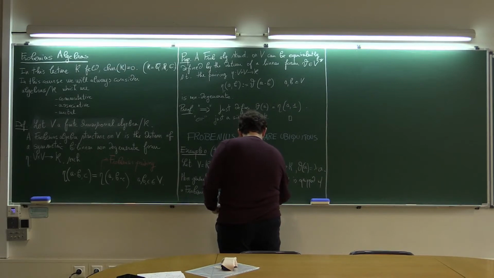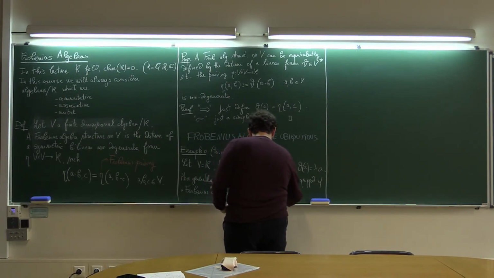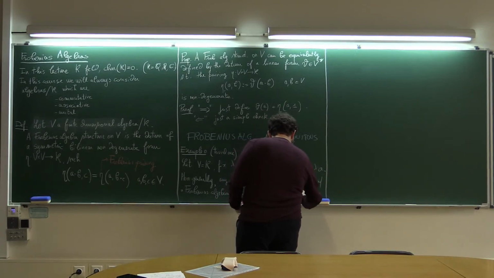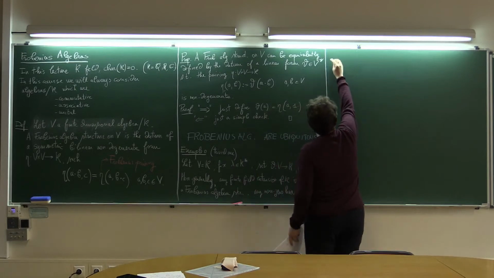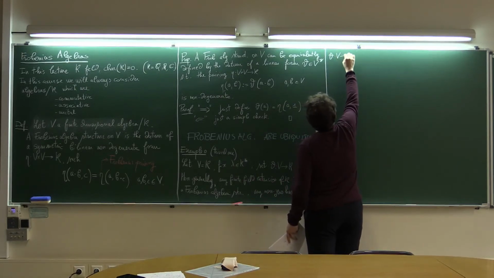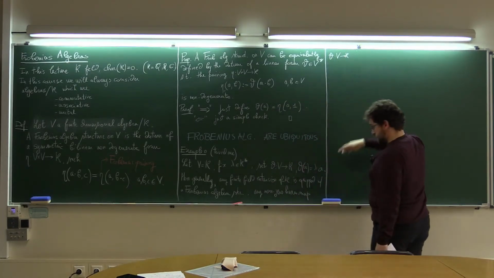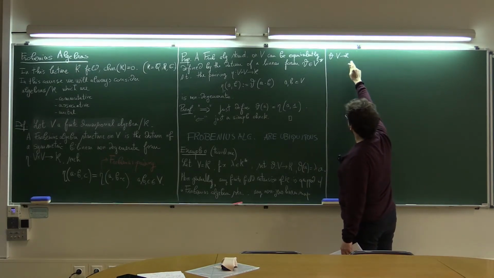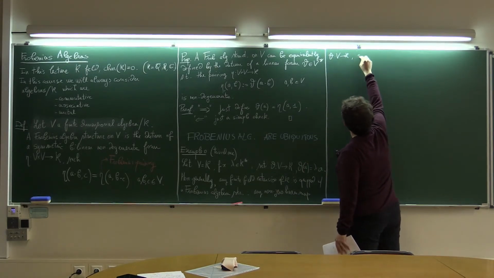So any non-zero linear map theta works. So an arbitrary linear map from V to K works since